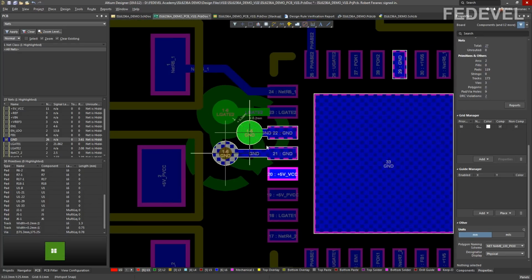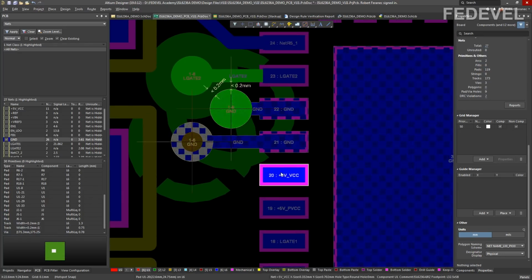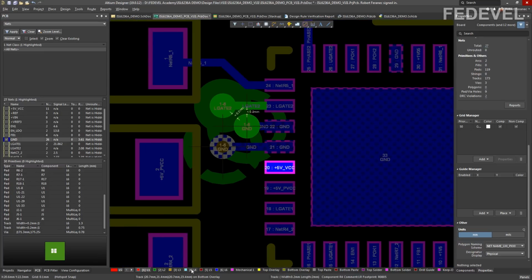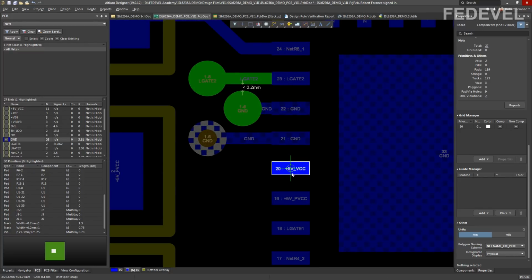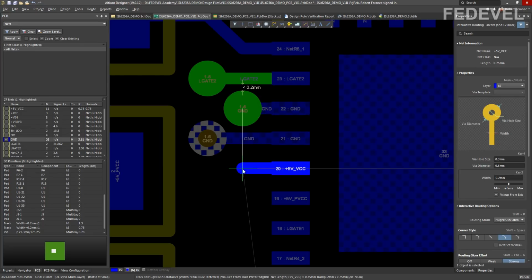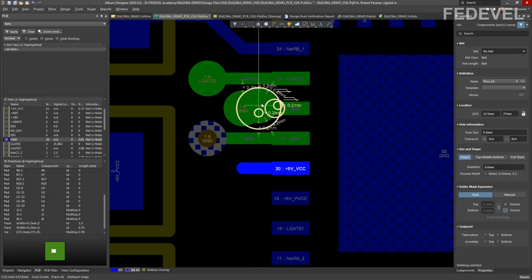So very similar to these ground pins, we are going to draw just a very short track here, place a via, and then on layer 4 we will connect this a little bit later. Go to bottom, draw a short track, and place a via here.